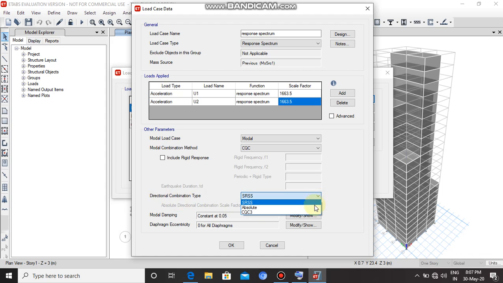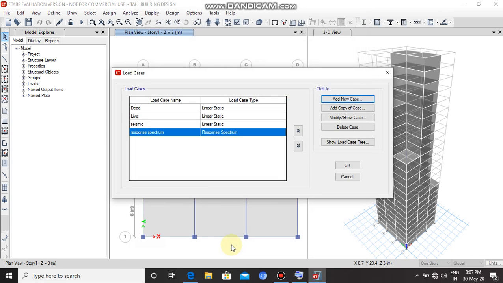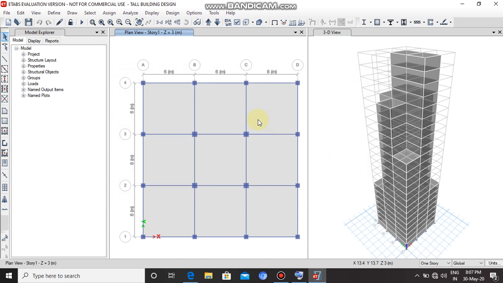Directional combination type CQC3. It's an optional step. So click on OK and then click on OK again. So the seismic response spectrum load case is defined.